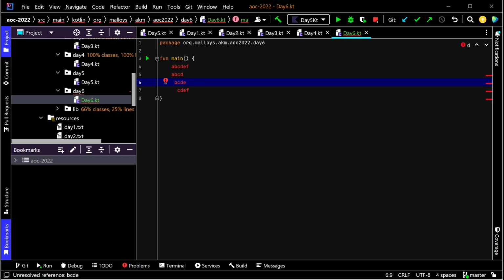So whenever you add a character to the buffer, you put it in the multiset. When you take a character out of the ring buffer, you decrement its count in the multiset, which may involve deleting it. And then you check, does the multiset have 4 distinct items, or only some smaller number? And that, I believe,